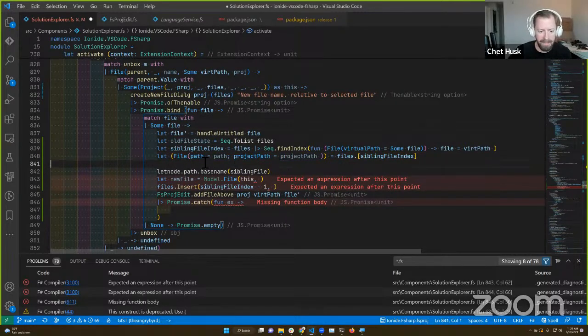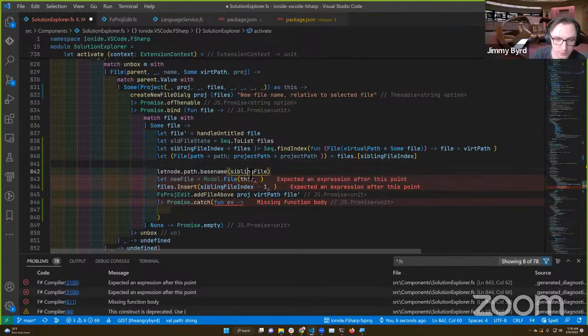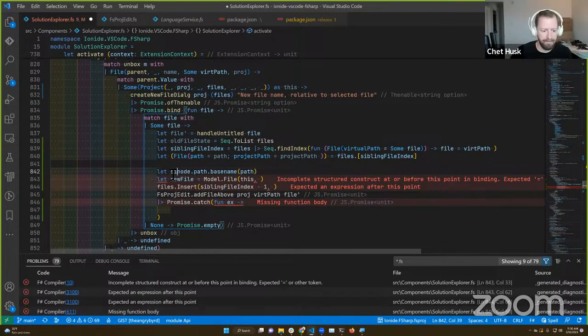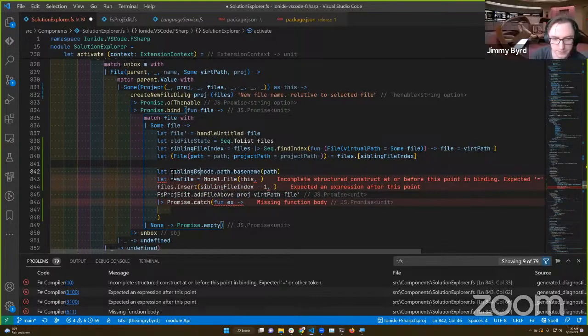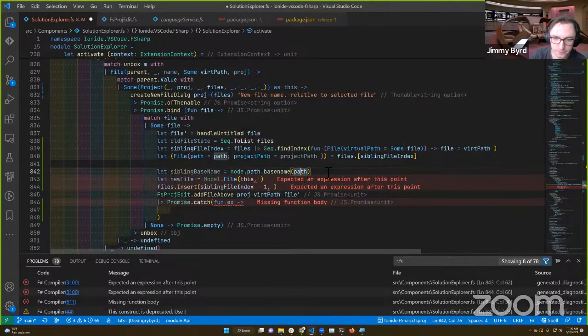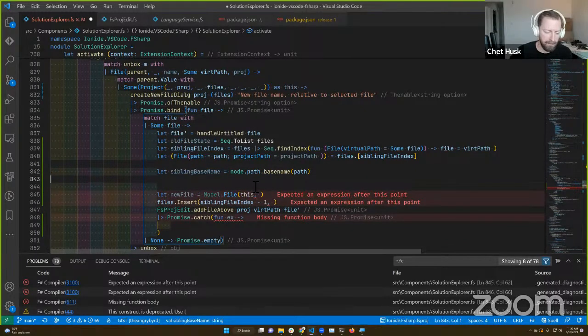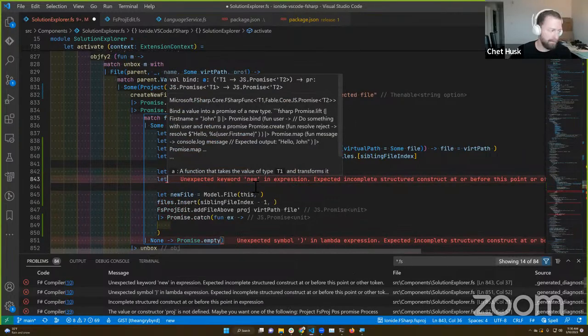So now when we're making our new file, we can steal those things directly. Base name, sibling base name. And now for our expected new file path, that'll just be node.path.combine sibling base name and file prime.